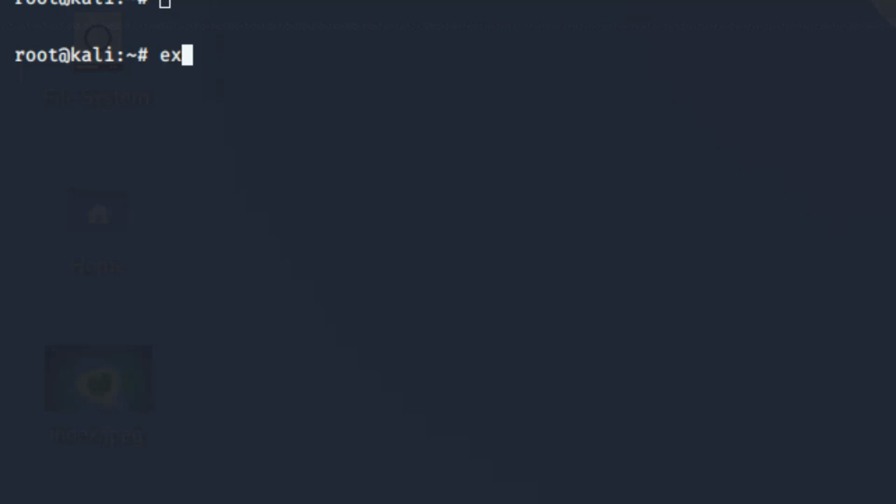So give the command exiftool. I have saved an image on the desktop, so I am giving the path of the desktop: Desktop slash index.jpeg.